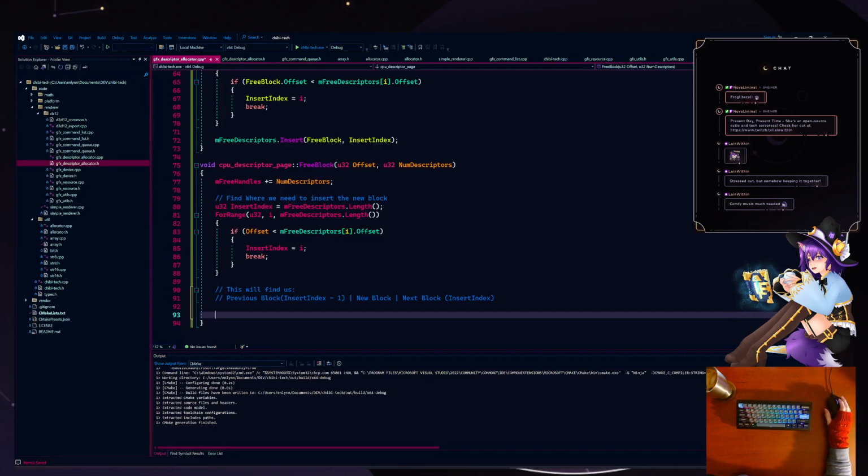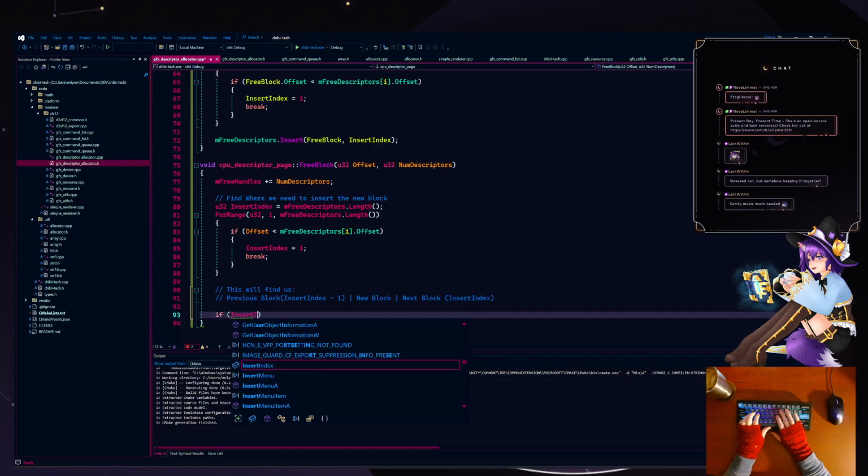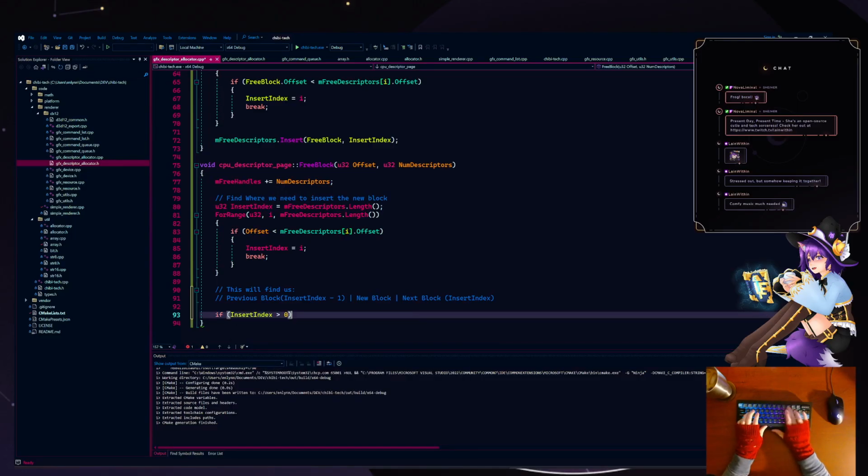Now, this gets a little tricky. If insert index is greater than 0,